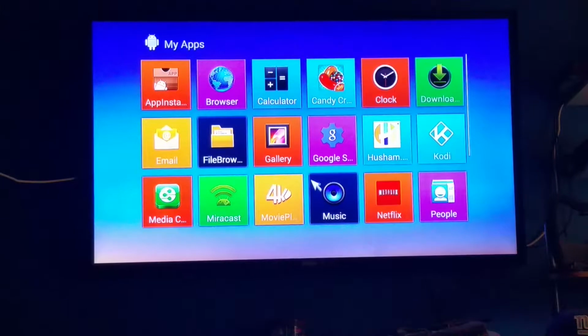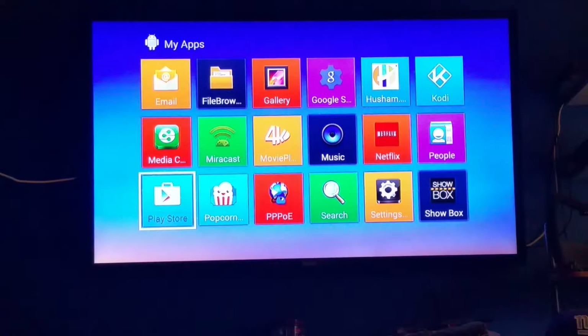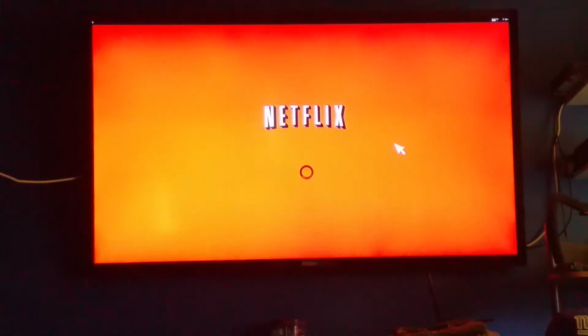And I haven't downloaded a lot of the stuff yet. But so far, as you can see, it has some stuff that it comes with, like Netflix. I have a Netflix account. I'm going to try to just see if it'll let me go in. I do have a Netflix account, but I'm going to cancel that eventually because it's pointless when I have this at home and Showbox offers most of the other stuff on there anyway.